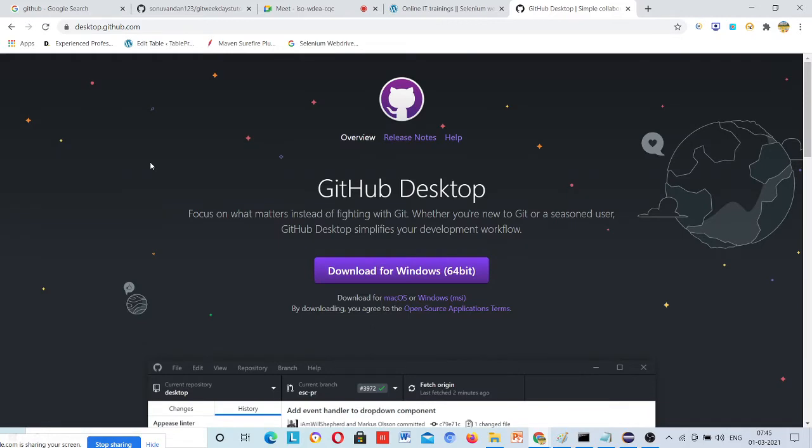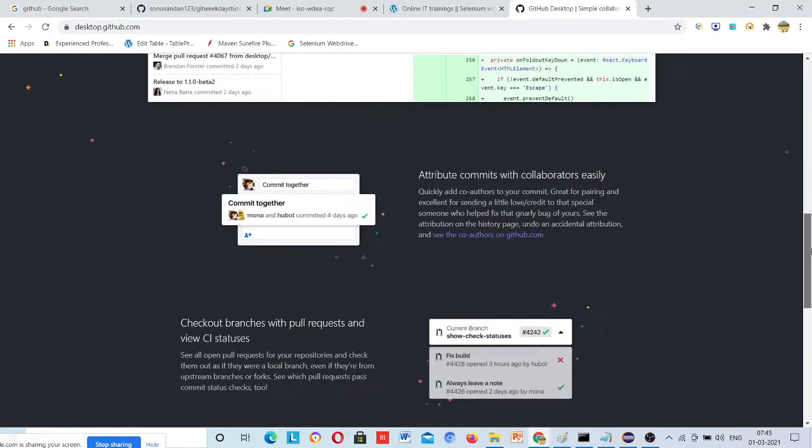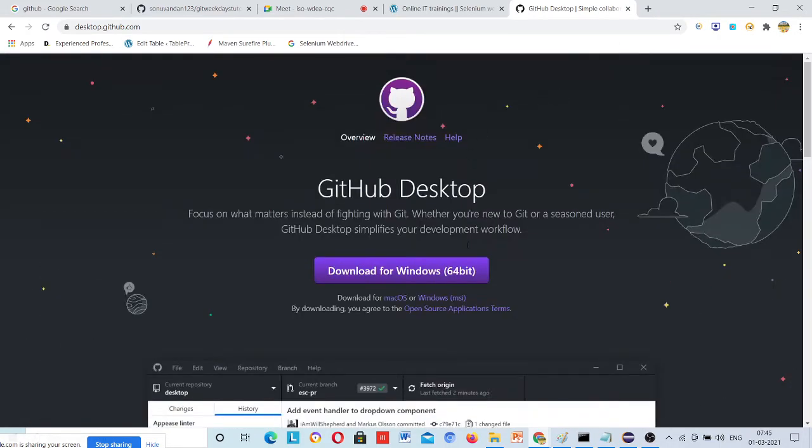There you can see this software for 64-bit. If you are using a 64-bit Windows operating system, just click on this. Otherwise, this one is for Mac OS.